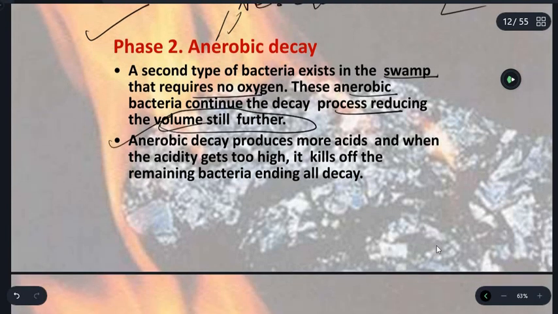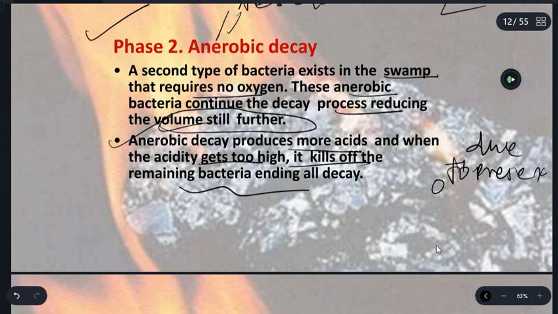Anaerobic decay produces more acid. When the acidity gets too high, it kills the remaining bacteria. Okay, due to the presence of acid, it kills the remaining